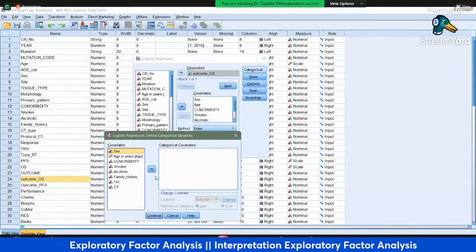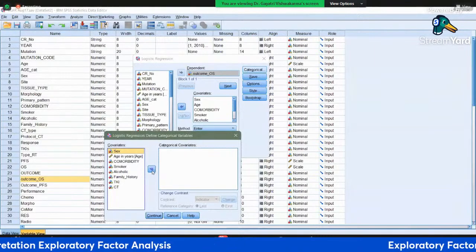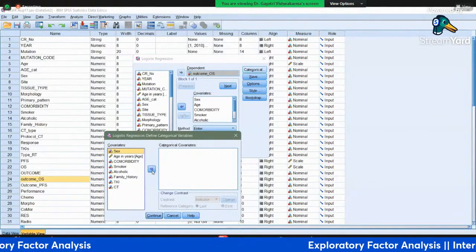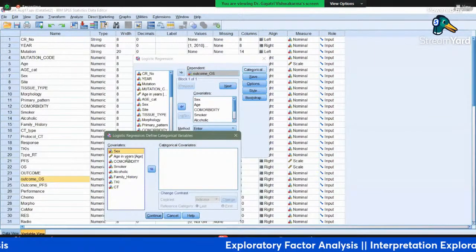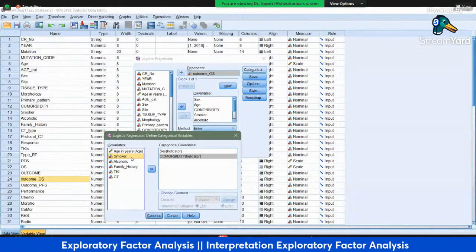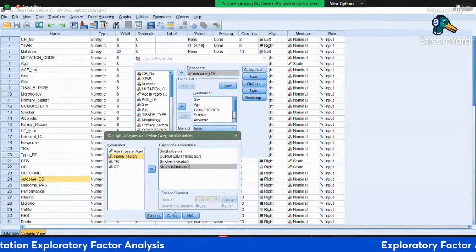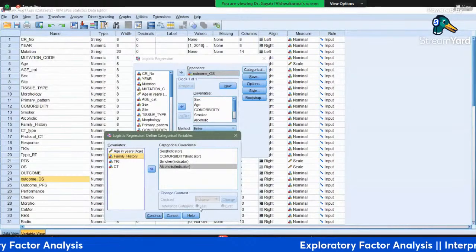So I have gender as a categorical variable, comorbidity where I have, I guess, hypertension, diabetes, and other factors. So we have to put, you can select all categorical variables in one go or you can put them one by one. Now here, automatically by default, the reference category is the last category.